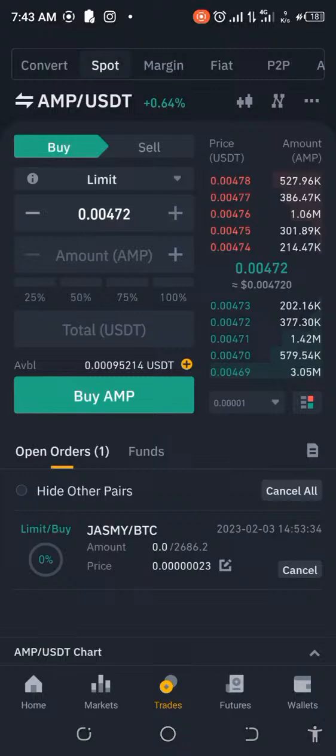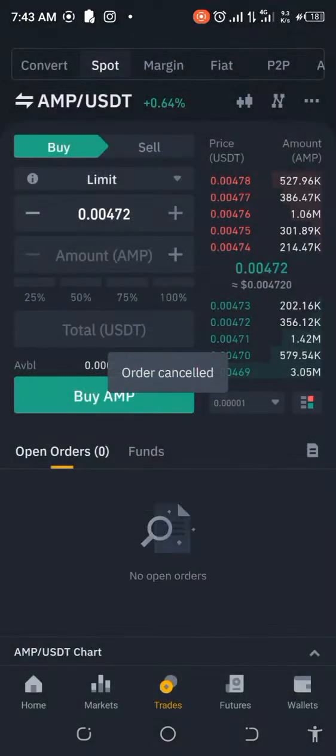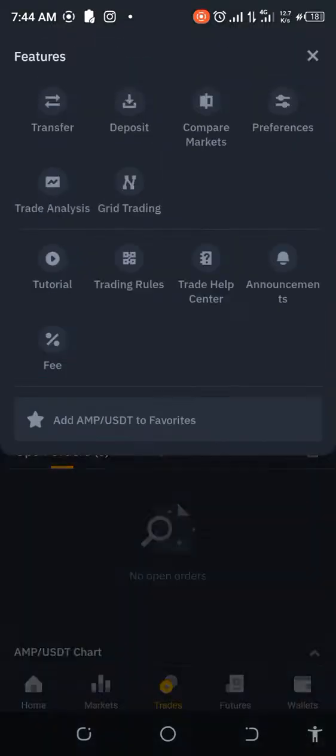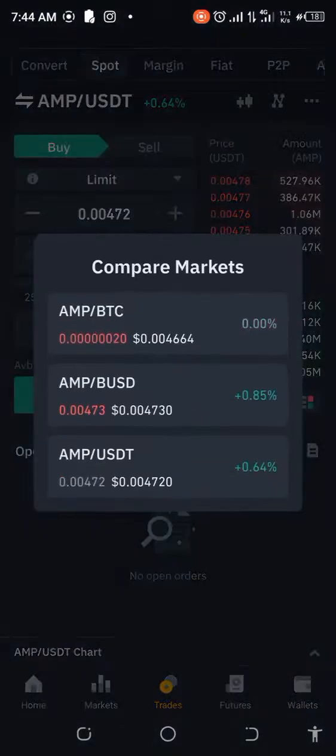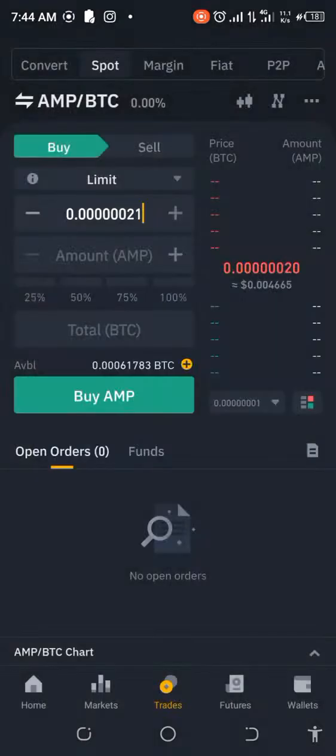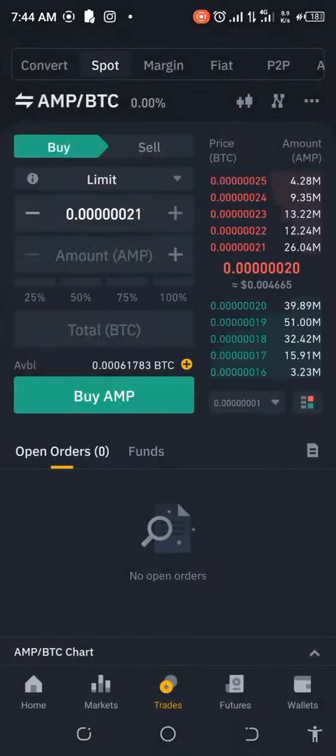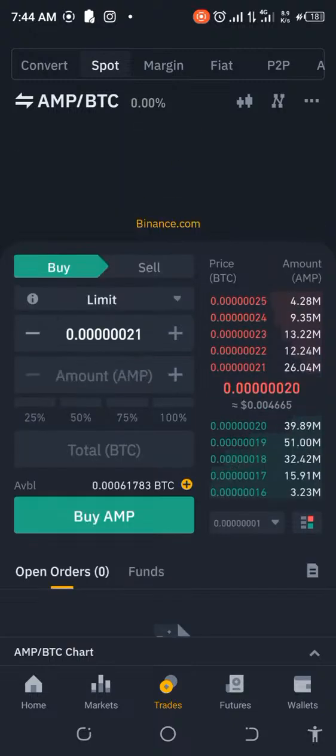Okay, so what I'm going to do first and foremost is cancel this trade. Once I cancel that, it releases back my BTC, and then I go ahead and do this for BTC. And let's hope that this works. So now what I'm seeing here is